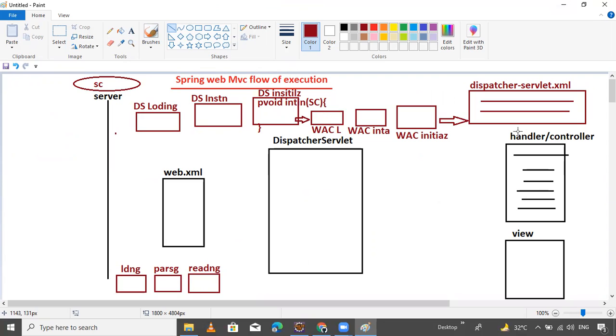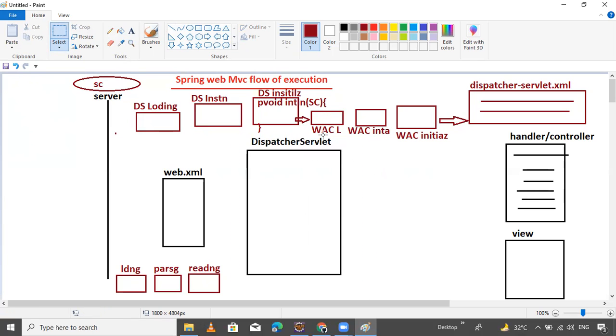Then after getting the objects, suppose first is the handler mapping object, second is the handler adapter, and third one is the view resolver.